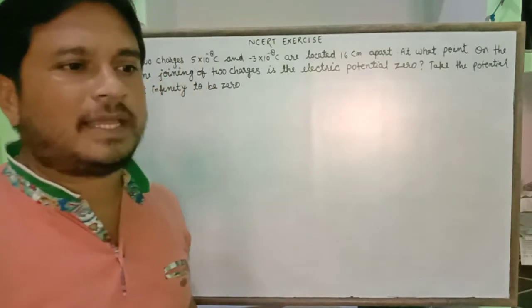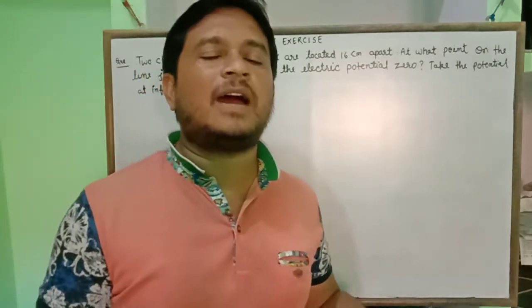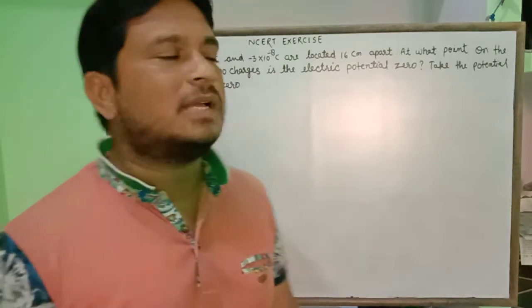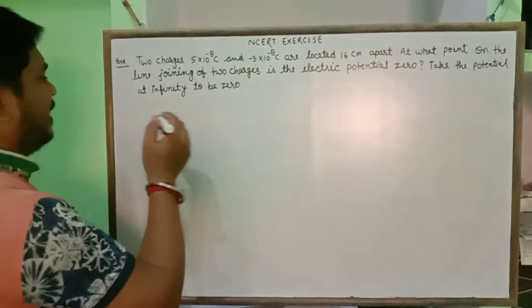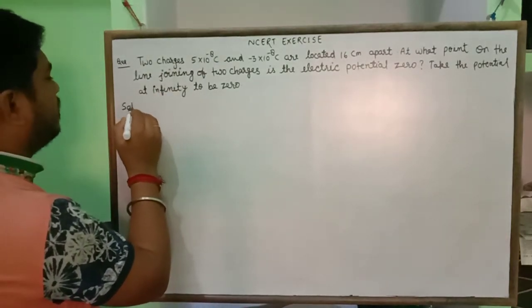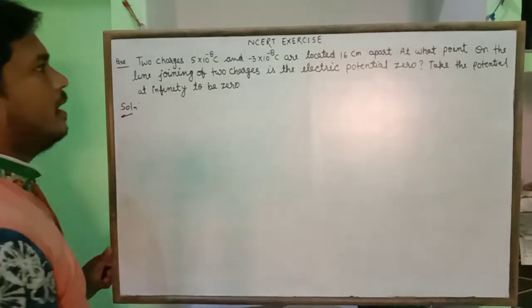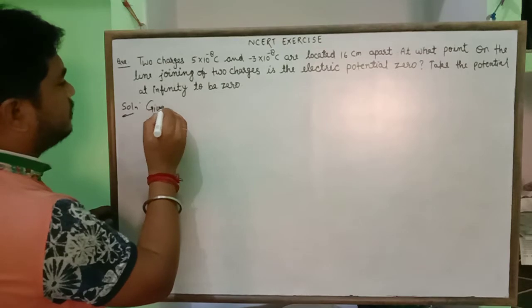हमें बताना है कि इन दोनों चार्जेस के बिटवीन में कहां पर एक ऐसा पॉइंट होगा जहां पर इलेक्ट्रिक पोटेंशियल शुड बी इक्वल टू जीरो. सो लेट अस सी हाउ कैन वी डिटरमाइन द डिस्टेंस. सो solution of this chapter, the given values are given